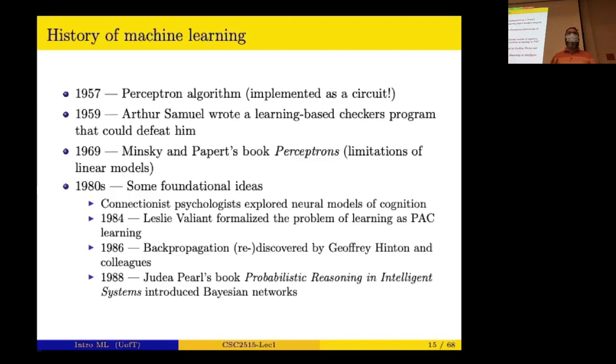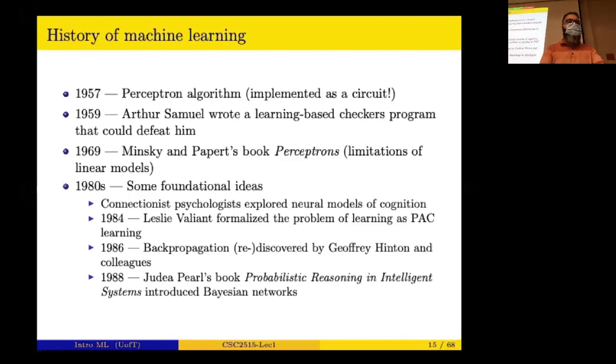Minsky and Papert criticized neural networks and said that they cannot achieve something, and they effectively killed the field for a decade or more. Minsky is a very important person in artificial intelligence, one of the founders of AI. He said that this is not going to be useful. People listened to him, and the progress stopped for more than a decade. But in the 80s, many other things happened.